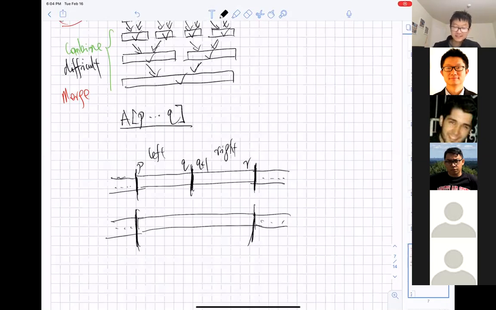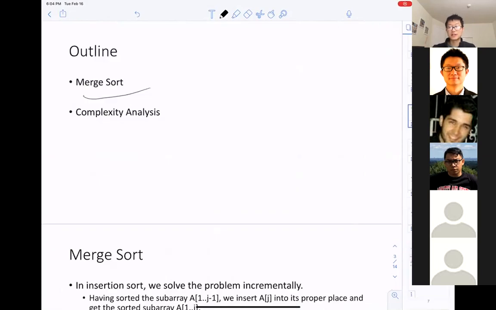Because these two subarrays have no overlap, the right subarray just follows the left subarray. So the starting index of the right subarray is Q plus 1, where Q is the ending index of the left subarray.